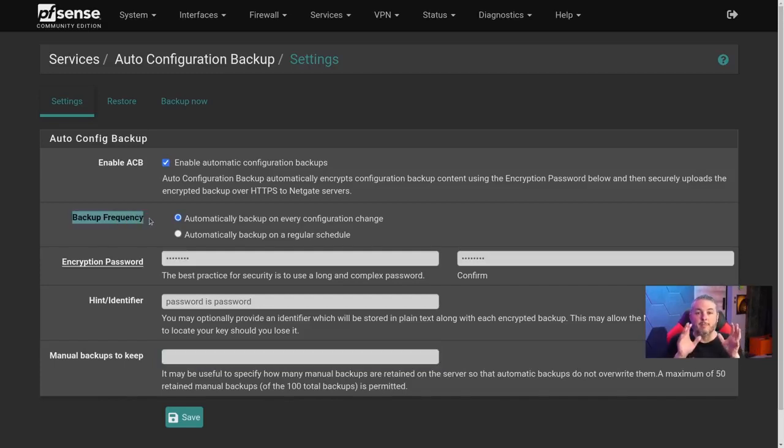Now under backup frequency, I'm leaving this at default. This is where I've seen a lot of people suggest just automating backups, and we'll talk later about other ways to automate this. But the problem is if you're backing up all the time, you're just kind of wasting cycles. Not that it's a huge chore to back this up, but it really only matters to back up on change. This is the manual backup process that we follow. As I said, whenever we're changing something, we make sure we make a backup. So I leave this on configuration change because if you're not changing configuration of your firewall from day to day or from hour to hour, why have it back up hour to hour? It doesn't make too much sense to me, but hey, maybe someone has a use case, and leave the comments down below. We're going to go ahead and hit keeping 10 manual backups, hit save,